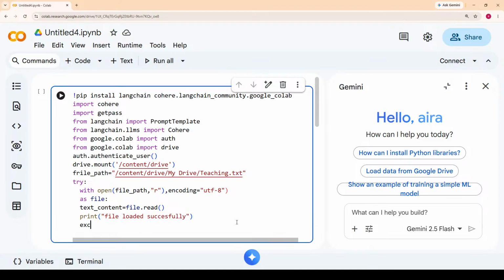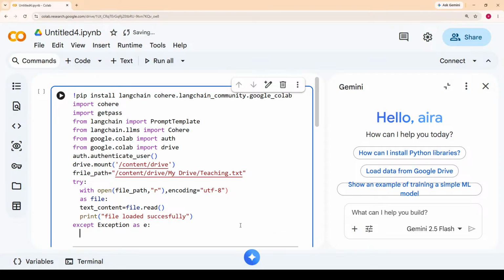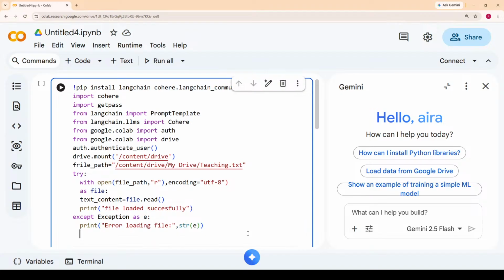Then except Exception as e: what will we write? Print of "Error loading file:", comma, str of e. Yes, close it and then come out and write